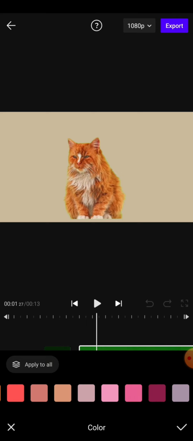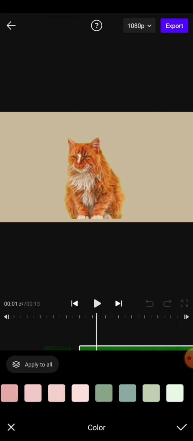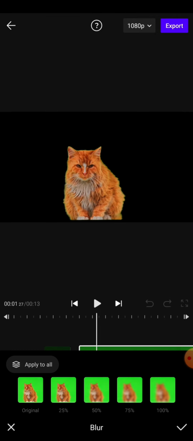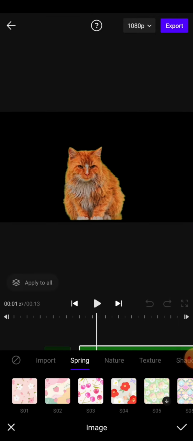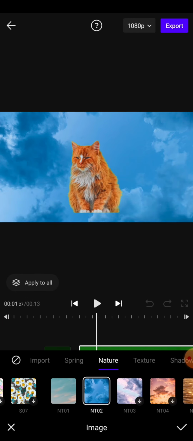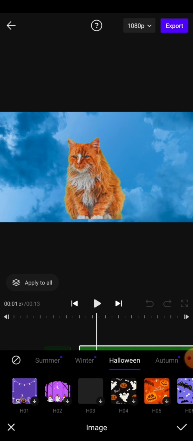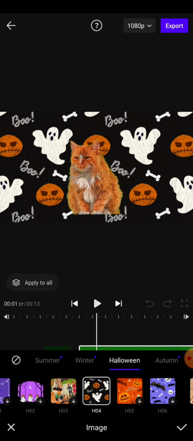You can change the background, you can change the blur, you can look for any other option. You can see in BG there are so many options. You can even click on images and there are so many images already there. Nature, nature's texture, shadow, so many patterns are showing. Halloween images are showing. Some are free, some are paid. So you can choose any one of them